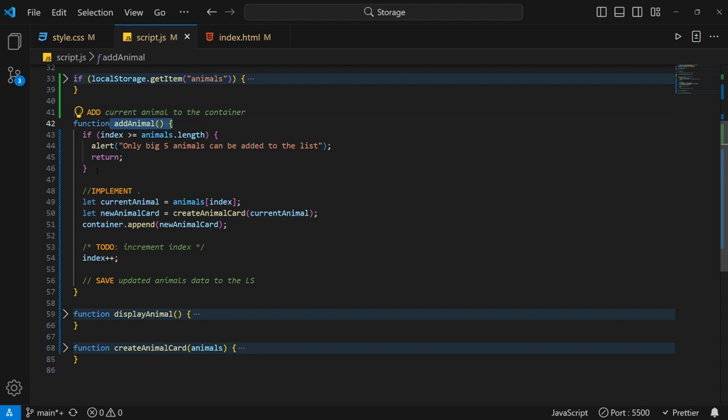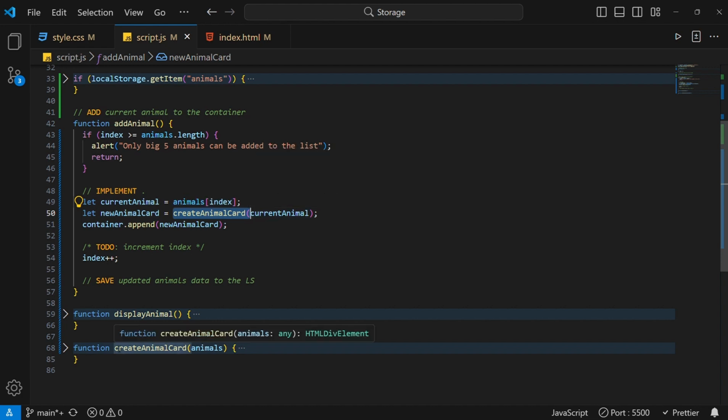So this addAnimal function will check if the length is met, and if the length is not met, then it will simply call that alert method. If the length is met, it will have the current animal variable storing the animal within that index. Then it will have another newAnimalCard to call the createAnimalCard function, and